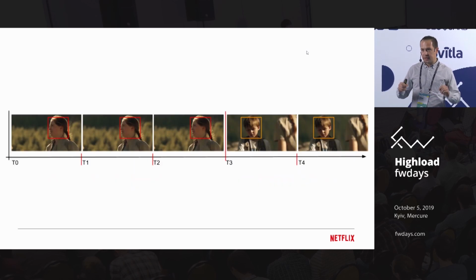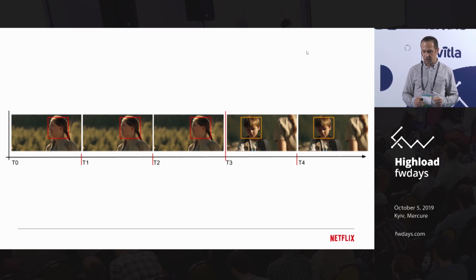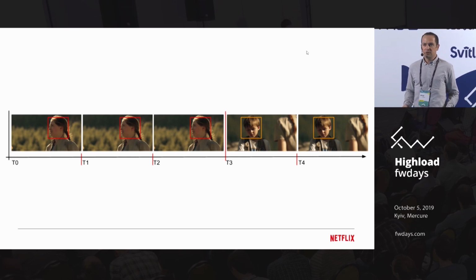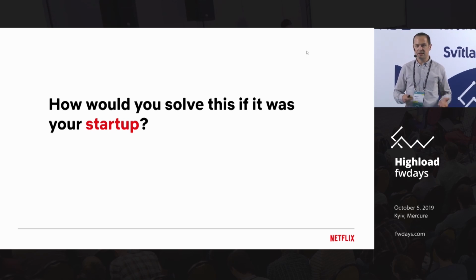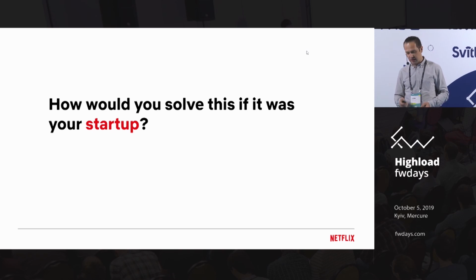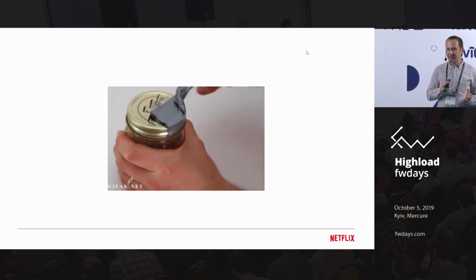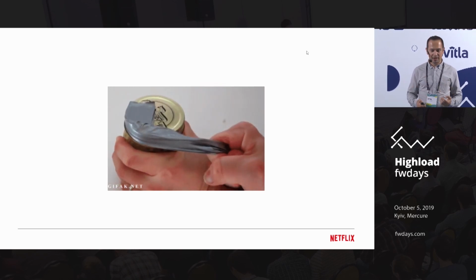Now the other part is the space. So it's going to be a spatial temporal thing. You need to be encoding both those rectangles around the faces or any other objects of interest, as well as the time. And if you are on a shoestring budget, like you usually are with a new team, what do you do? Well, you function like a startup. You find the easiest data structure to manage that. Essentially, you build everything with duct tape. And I don't know what you think, but in my worldview, the duct tape data structure of programming is JavaScript.